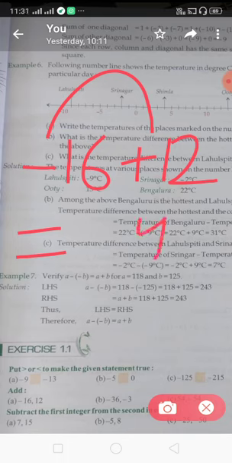But now which sign do you put? You see that this number is the larger number, and what is the sign here? Minus sign. So you place here the minus sign. So your answer is minus 4.